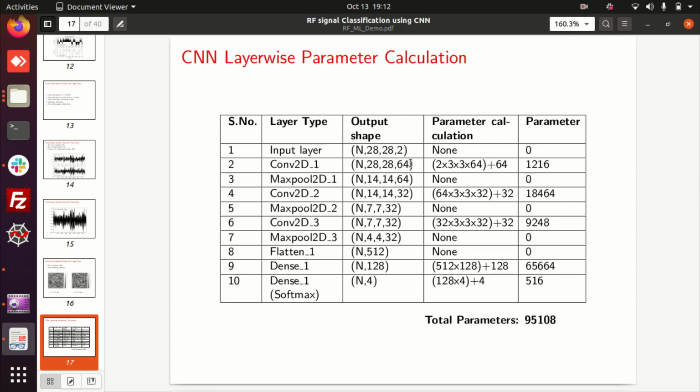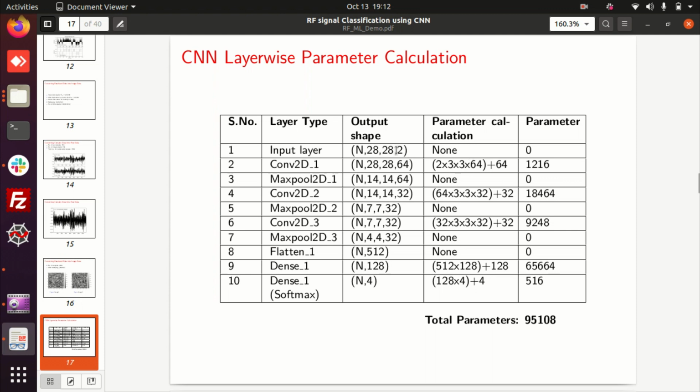Here I'm doing three stages of convolution. First is convolution. All convolutions and max pooling I'm doing only in 2D, that's why Conv2D. In the first stage the input image comes in, and I'm using 64 filters or kernels, which I explained already in the different layers of the convolution layer. The 64 filters are of size 3 comma 3.